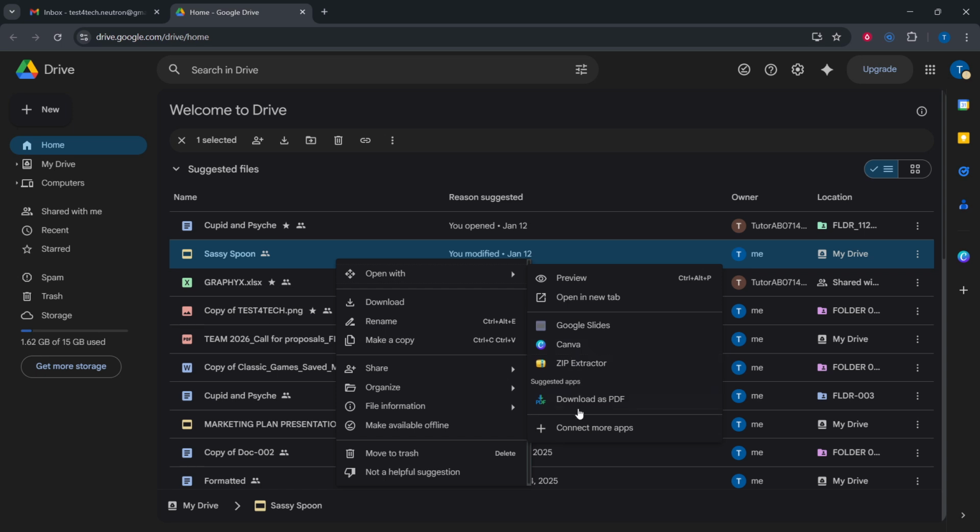If you don't see the app you prefer, it likely means it isn't connected to your Drive yet, and you may need to add it before it appears here. Click the app you want, and your file will open in a new tab or window. Now you can edit. For images, that could mean cropping, adjusting colors, adding text, or working with layers depending on